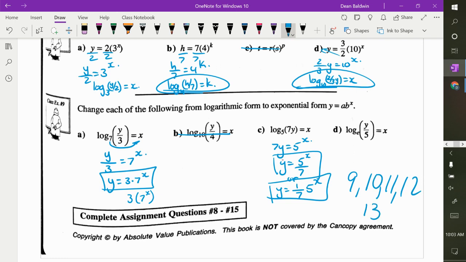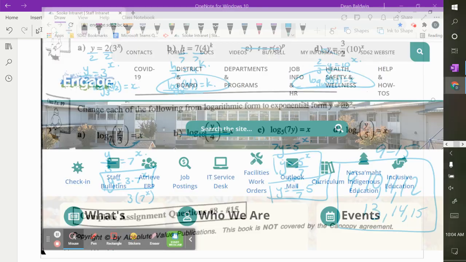No, we're not stopping. 14, 15. So basically 9 to 15. There you go. There is no 16. 9 to 15. I strongly